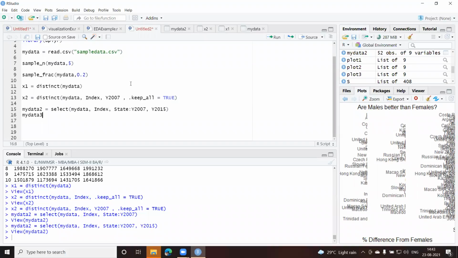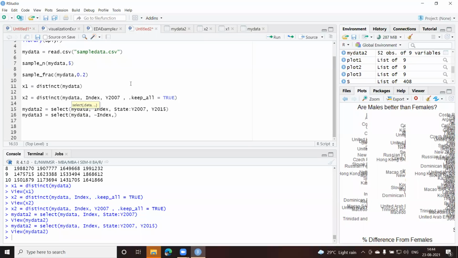I'll use 3 right now. My data 3, I give the select statement again. The select function. Into round brackets, I give the data frame, my data. Put a comma. Now to drop the index, let us say I want to drop index and I want to drop state. I want only numerical values, the numbers. So I need to give this tilde sign here and I have to give index.